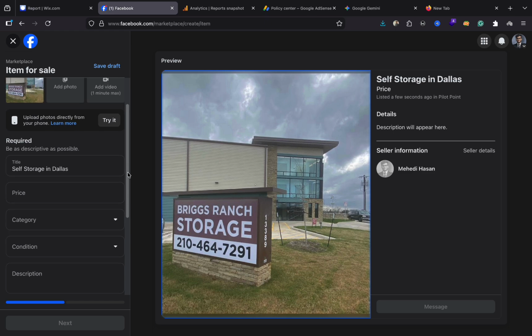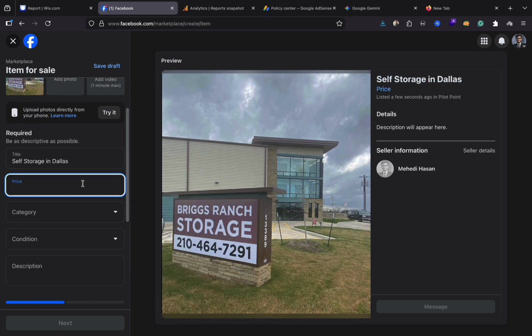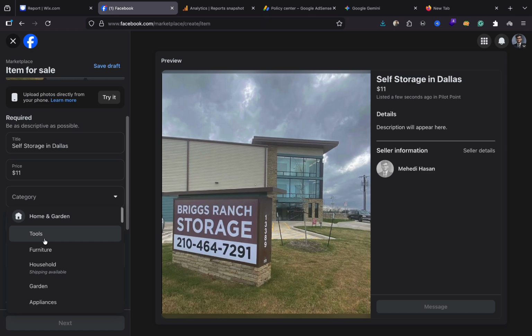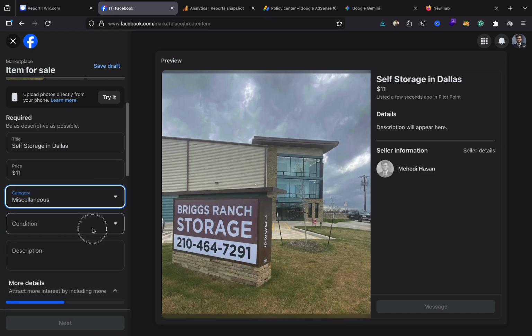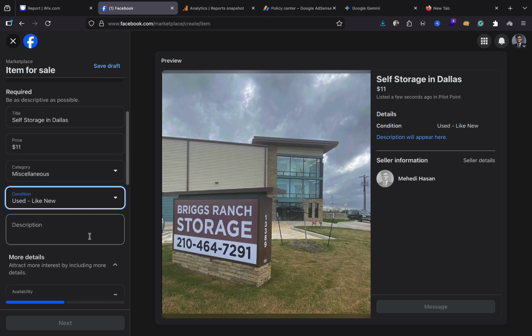After that you can do the price option here. You have to input it here, and then let's say it goes into this category and it's new or like used, but the condition is like new,